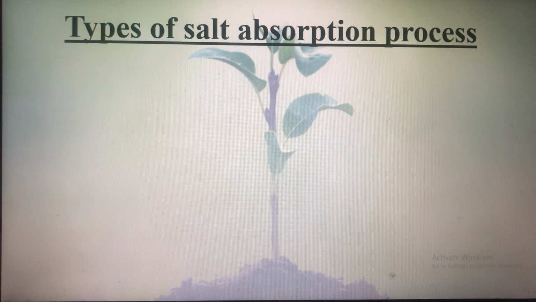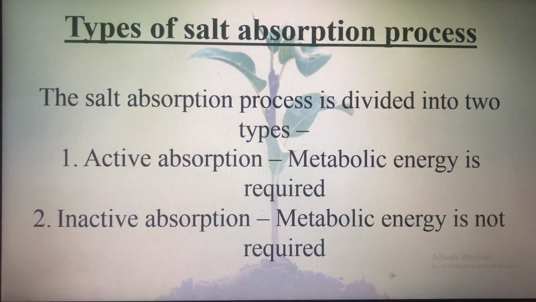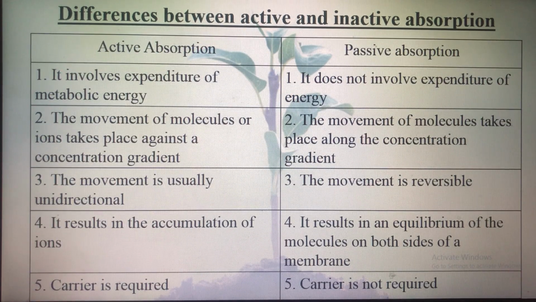Then we're going to discuss the types of salt absorption processes. The salt absorption process can be divided into two types. First is active absorption, where metabolic energy is required, and then there is inactive absorption, where no metabolic energy is required. The next topic is very important, which is the differences between active and inactive absorption. Active absorption involves expenditure of metabolic energy, as you got to know before,